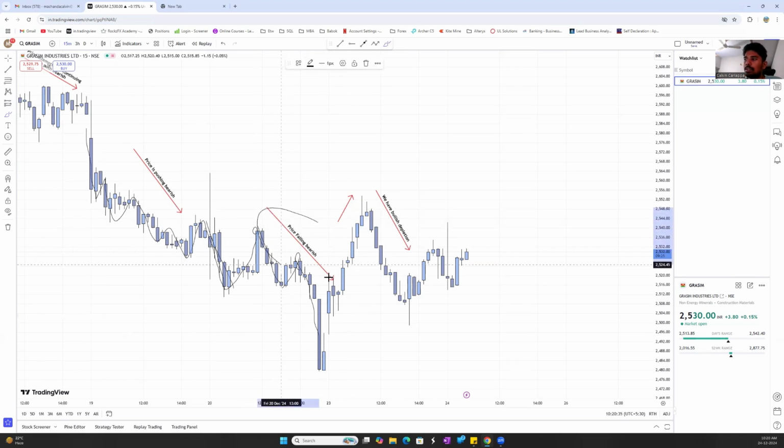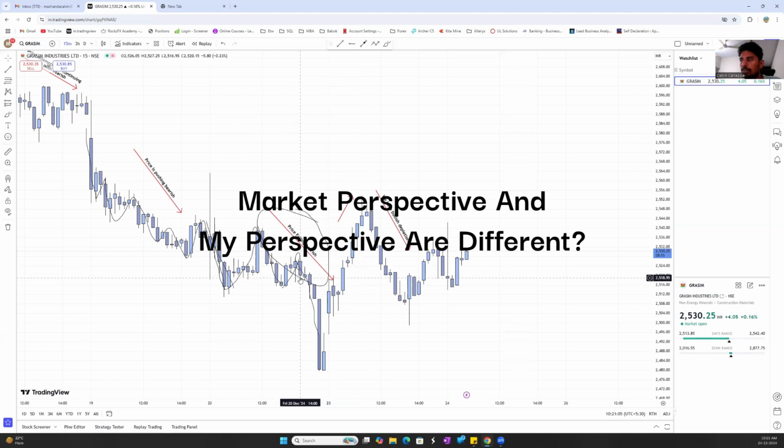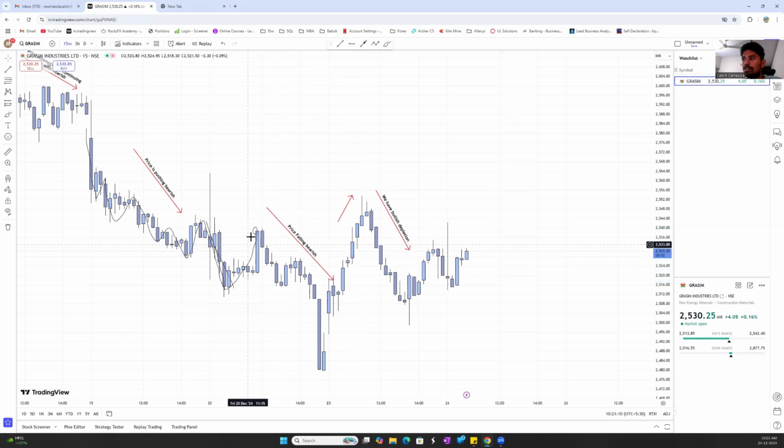Now I have clearly written over here that price is falling bearish, right? Now the perspective in my mind was that, okay, now price is pushing bullish. And I was clearly very aware of it, that it is pushing bullish. So I'm not sure whether we have a trade today or not, because it is completely opposite to what I've written. I've written price is falling bearish. Now it is pushing bullish. So it is completely opposite to what is happening in the market. So I was like, okay, I have nothing to do as of now. Market clearly has a different perspective or a different directional bias. Saying that, I left it.